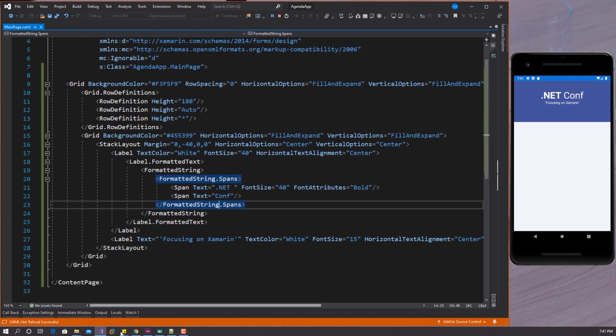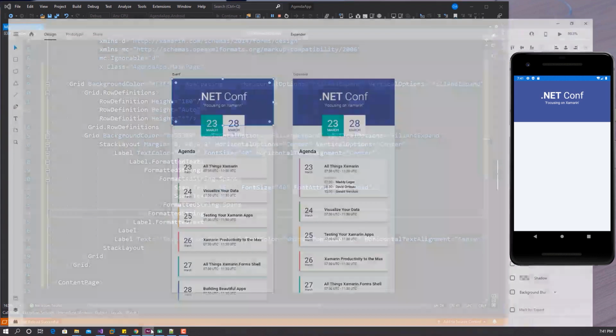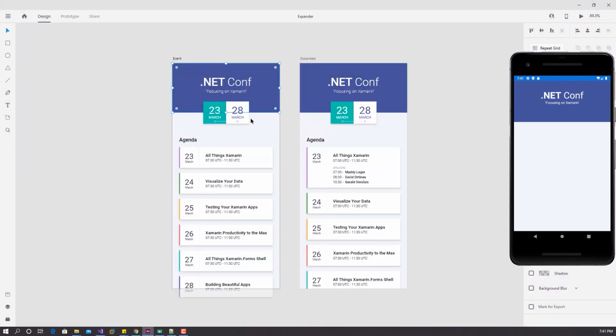The next thing now is the date, the start date and the end date. For that, we're going to make use of a pancake view. I'll go with a shadow. Then right inside the pancake view, we're going to have a grid, and the grid is going to be divided into 2 columns. Inside each of the columns, we're going to have a stack layout that holds the dates. And in this same grid, we have 2 rows. So the date portion will be in the first row,